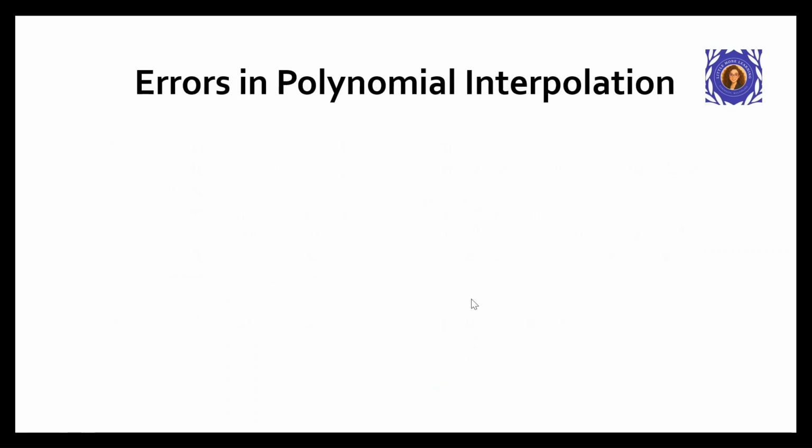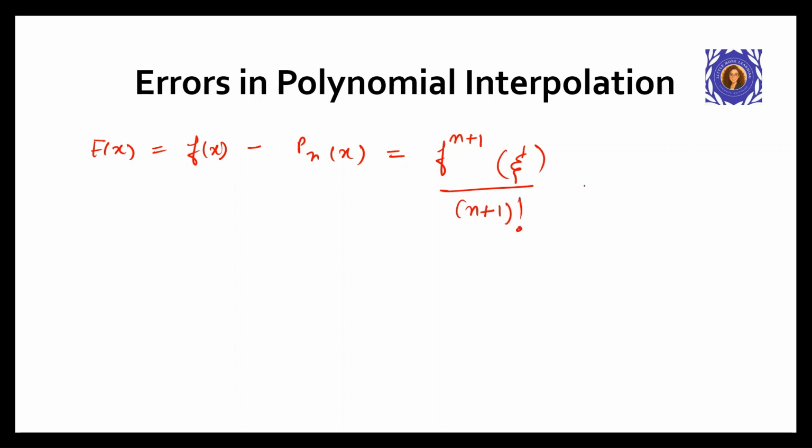Looking at errors in polynomial interpolation, when using interpolation, especially polynomial interpolation, it is important to estimate the error involved. So the general polynomial interpolation formula for error is E(x) equals f(x) minus Pn(x) equals f to the power n plus 1, then we have this symbol, divided by n plus 1 factorial. Then we have the product from i equals 0 to n